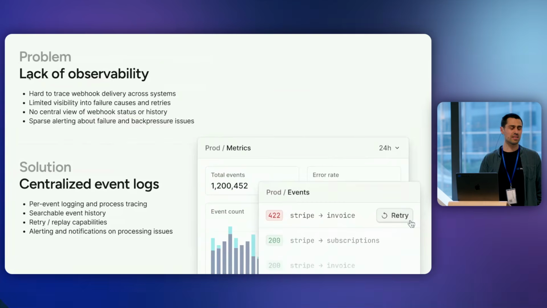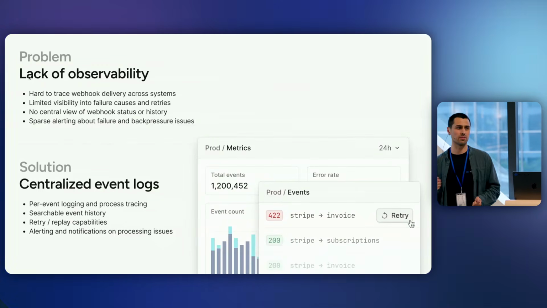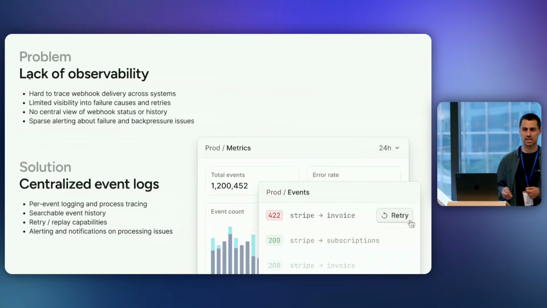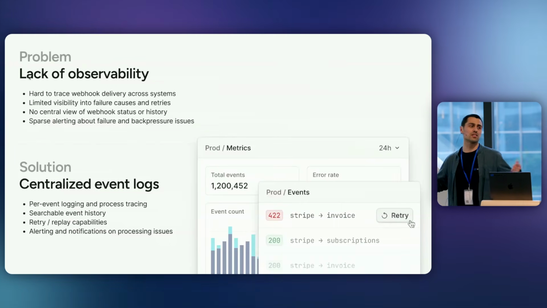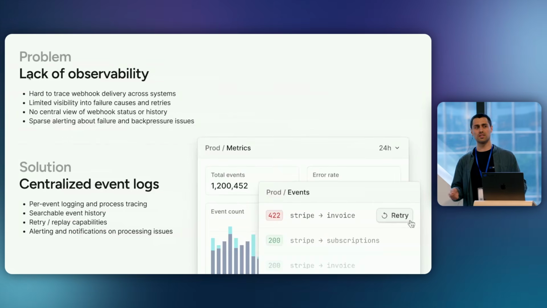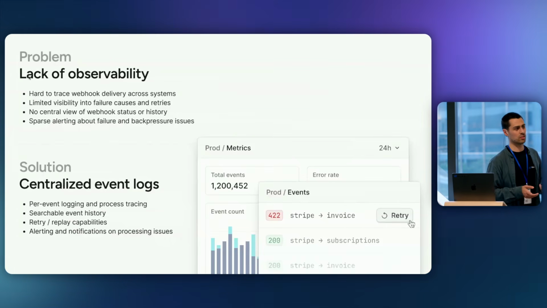The last point I want to make is around auditability, right? So I talked about the alerting for the back pressure. I talked about auditing your system to make sure that you're hacking or knacking correctly and all that. But the last part is that you don't actually know all the events that you got, and you don't really get visibility into what failed and why, right? And the way that you solve that problem is that you build a centralized event log.